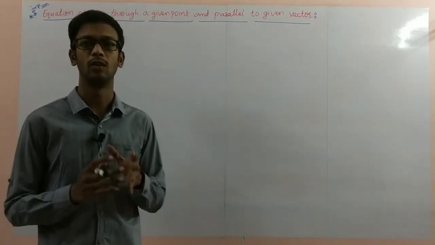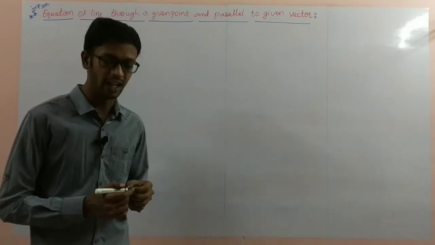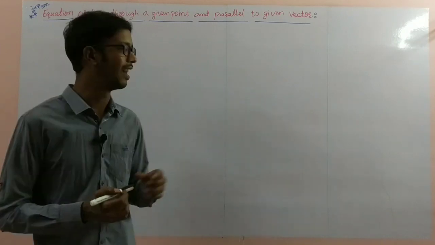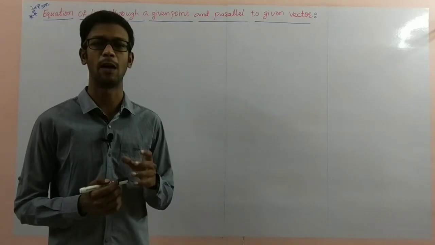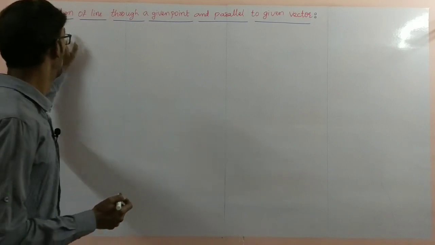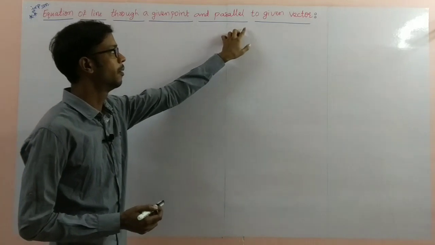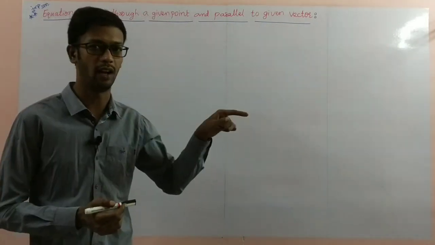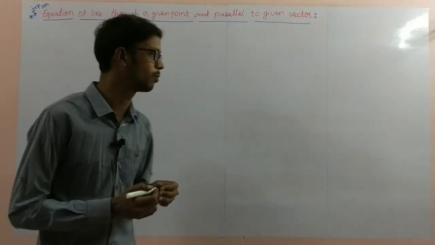Now in space you have to imagine the line in space. You see, there are four theorems or equations, line equations 2 and plane equations 2. That is a compulsory, fixed 5 marks question in the PU board. This is an important 5 marks question: equation of a line through a given point and parallel to a given vector in 3D space.